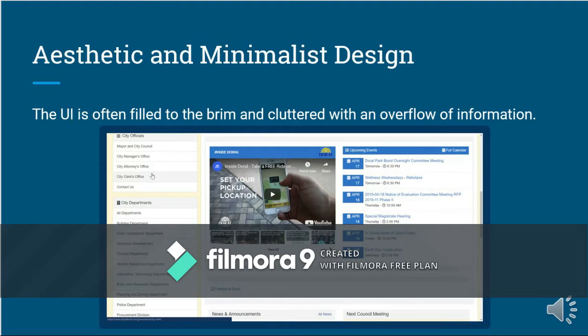On the other hand, we have links to every city department, but in the center of the page we have promotional websites, videos that explain the lifestyle that Doral wants to promote. And on the right we see a calendar for the upcoming events.